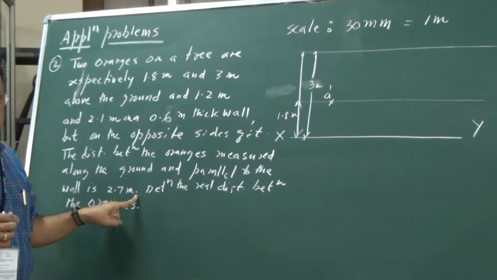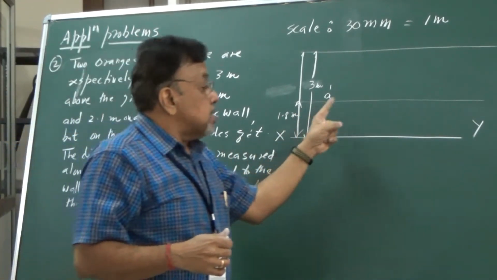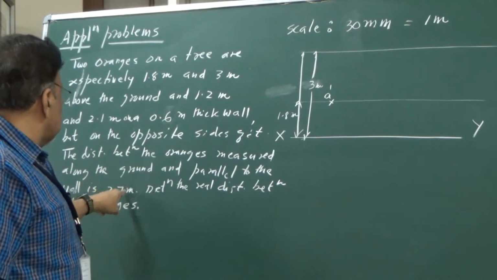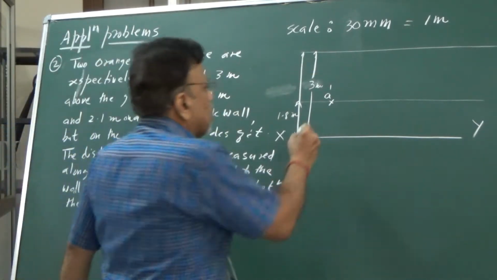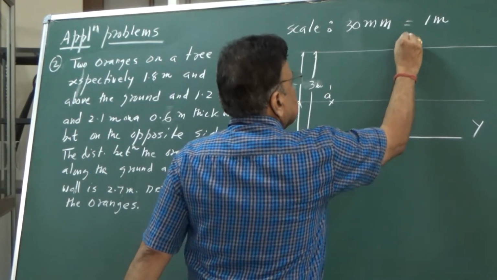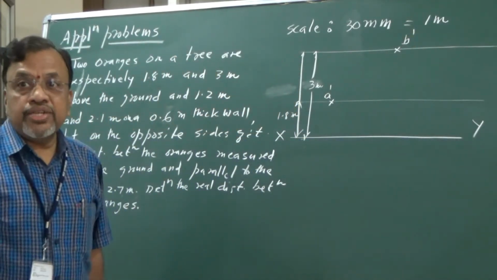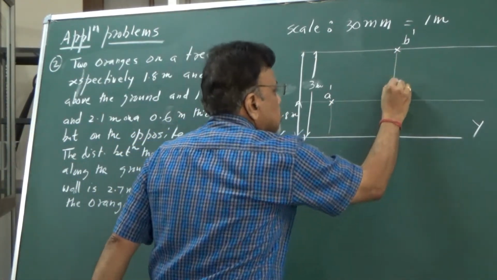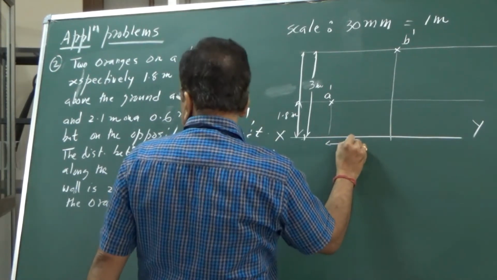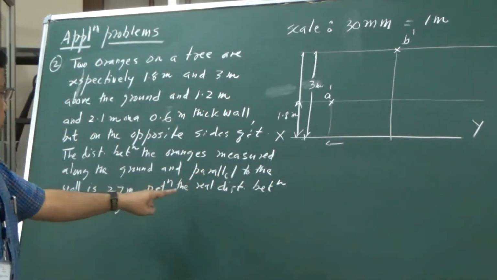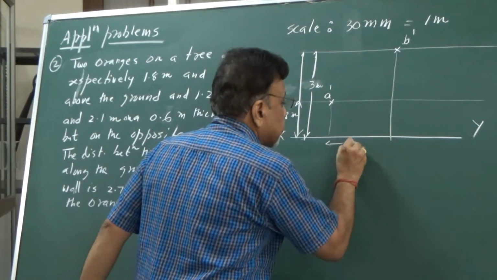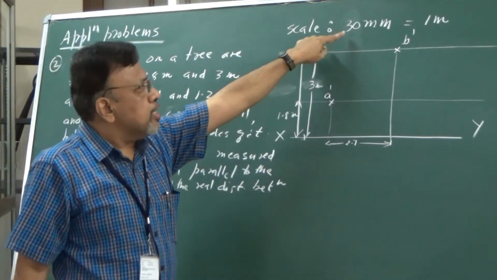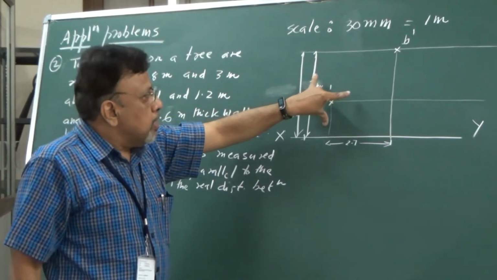Then what should I do? In the front view, I should take the distance between the end projectors. That is given as 2.7, which is 54 mm. So you should take 54 mm, and I will locate this somewhere. As you can see, I have located the two oranges. Let me indicate this distance also. It is given as 2.7 meters, which you would have taken as 54 mm according to the scale I have taken. But always remember, you should take the scale conveniently so that you can see the figure legibly.